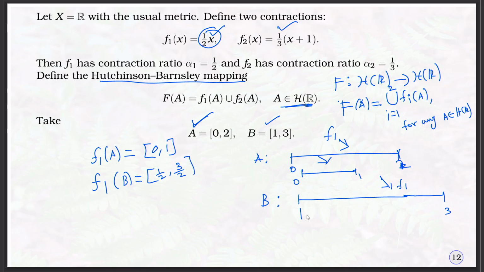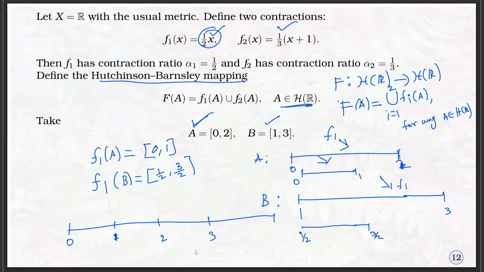So, here it is 1 by 2 and here, maybe I will write 3 by 2. If you are taking the whole interval, it maps here. If you are drawing the line here, it is 0 to 1, 0 to 2, 0 to 3. If you are applying the map